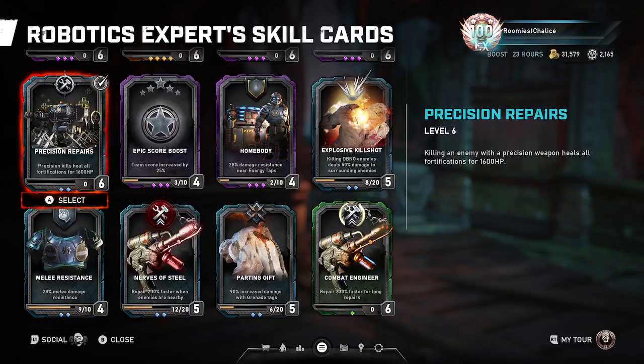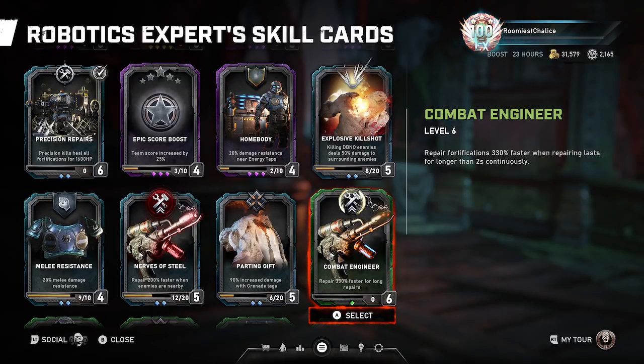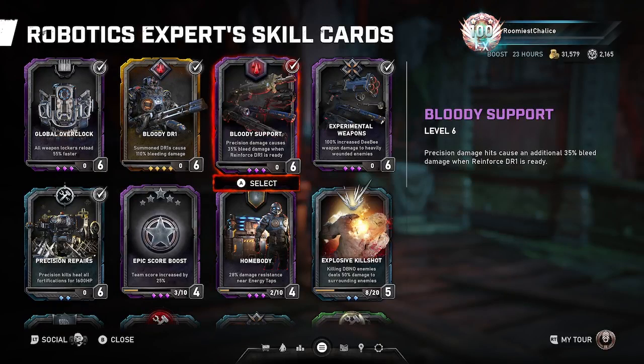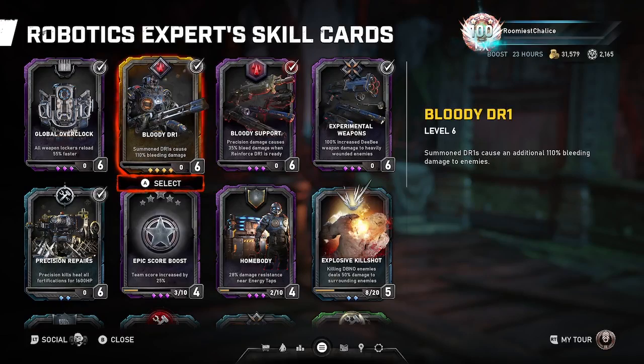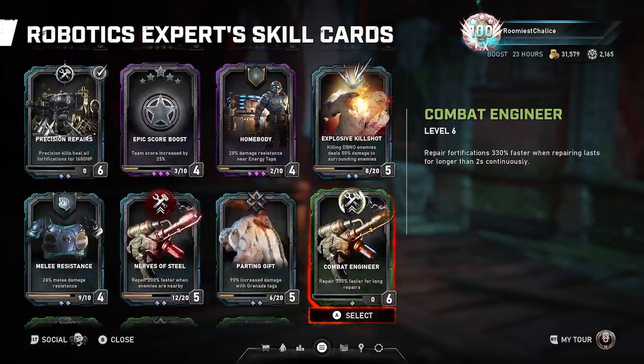So unfortunately, it doesn't work. That's where Combat Engineer does help if you wanted to use this. Robotics Expert is great to pair with a mechanic, like a mechanic could build, and then a Robotics Expert can kill and repair. It's a pretty good combo to have, because you basically get the gunner torque bow bleed, you got a good M-bar, you got a good DR1, and then you can repair with precision repairs and